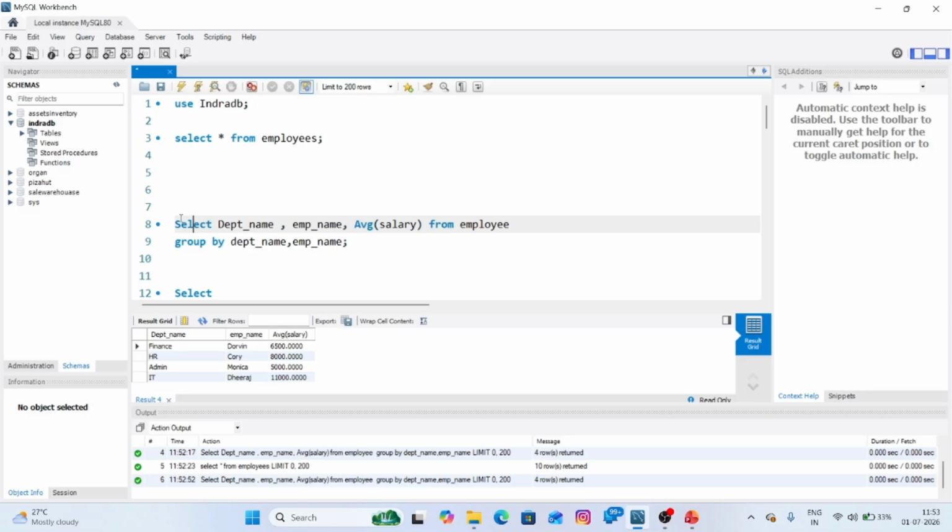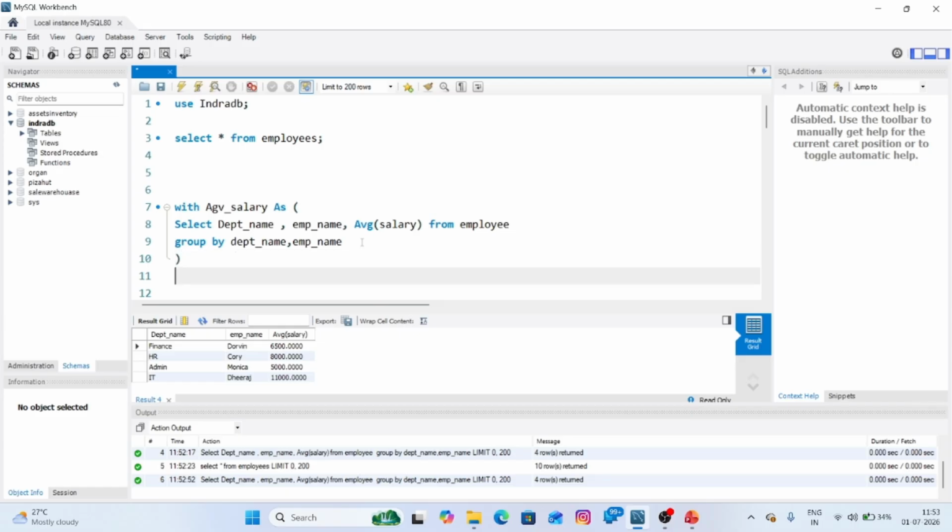Now let's suppose I write this with the help of the WITH clause. Nothing will change in the result, but you will get some changes in the code. First we write WITH, because we start with the WITH clause. I'm putting the name as average salary, then we need to define an alias, open a bracket, and close this bracket.